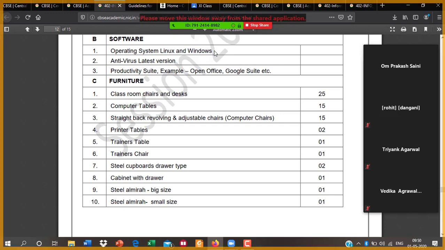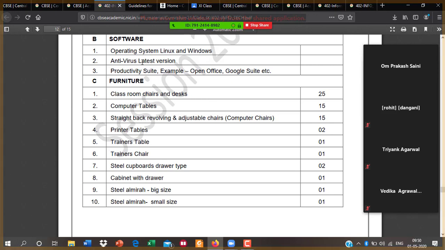You should use a minimum of Windows 7, and at most you can use the latest version of Windows. Now antivirus: we install antivirus only to protect our system from viruses, rootkits, Trojan horses and worms. So there is no need to install any kind of antivirus here.